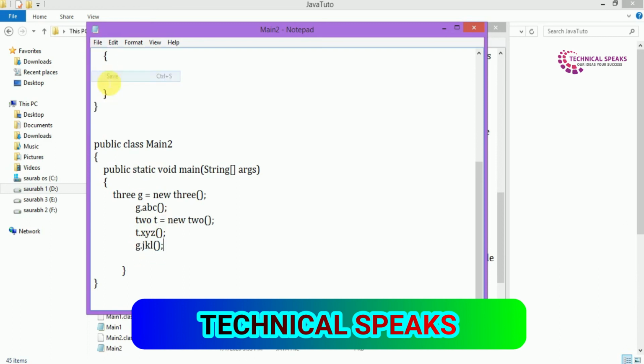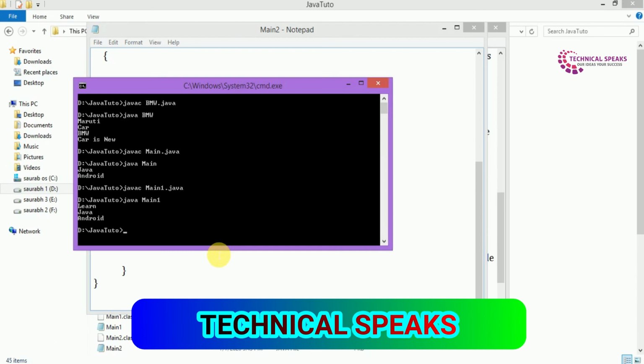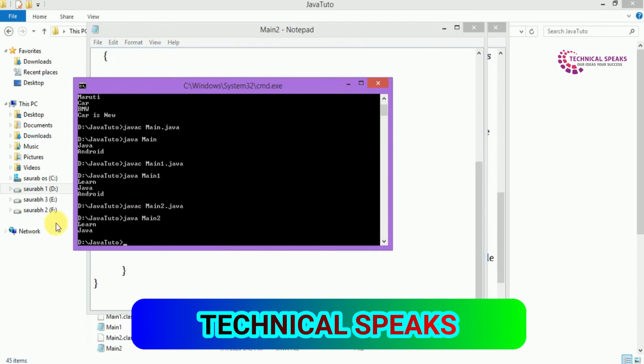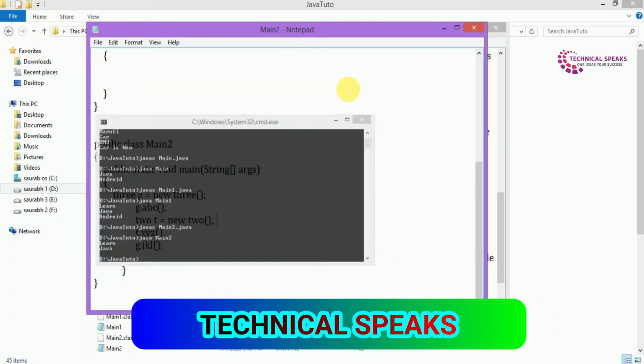The process is the same as what we did in multi-level. The difference is we have to create the object of class 2 also, because class 2 does not extend class 3. So after we run we would get the output as learn java learn.